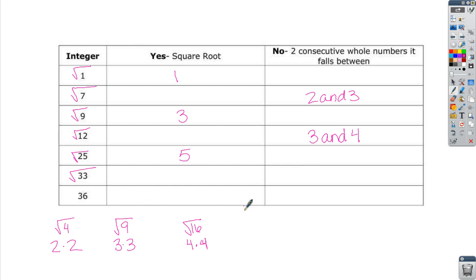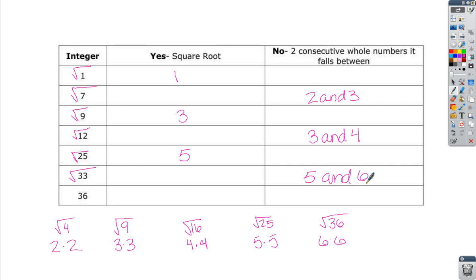Okay, so let's see if you got this right. We have to think about what times itself will get us to 33. I know 4 times 4 is 16, and 5 times 5 will get us to 25. So let's think 6 times 6. We'll keep going in order. 6 times 6 is 36. So we already passed 33, so we know we can't take the square root of it. So what consecutive whole numbers does it fall between? When we take the square root of a number and we're able to do that, what are those numbers that we're getting? So we had 5